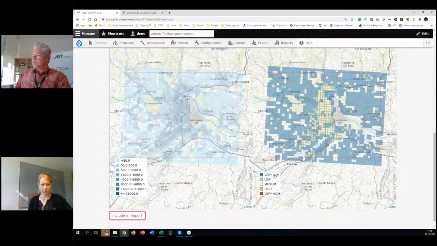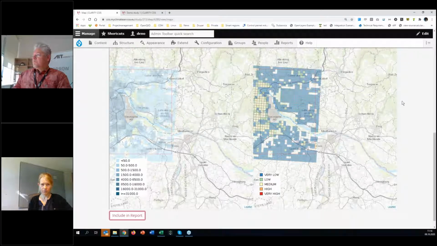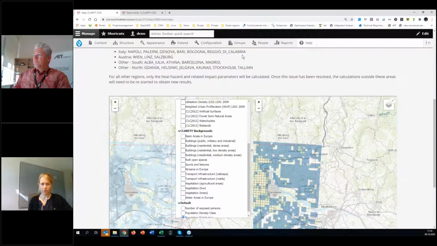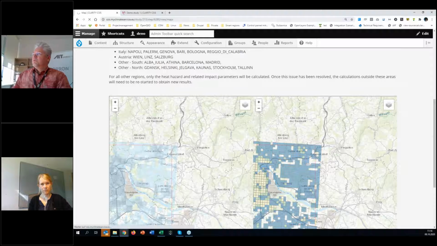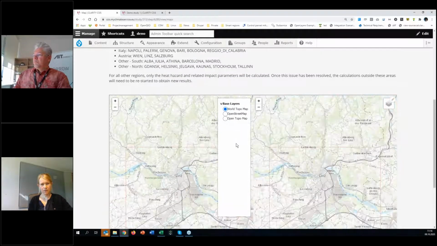This is in numbers, this is from very low to very high, which, as you see, is not very appropriate for Linz, because Linz is not a very big city and not a very dense city, so everything here ends up in low and medium. But if we do this regionally, of course, we would have different parameterization. And as for the